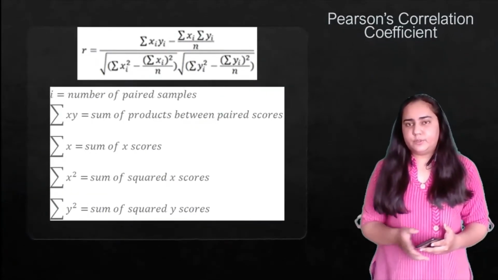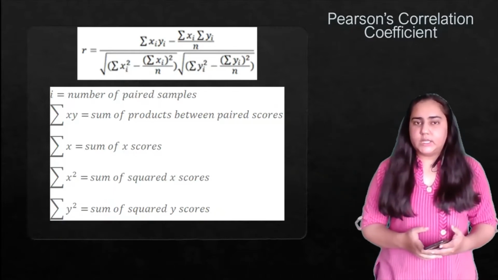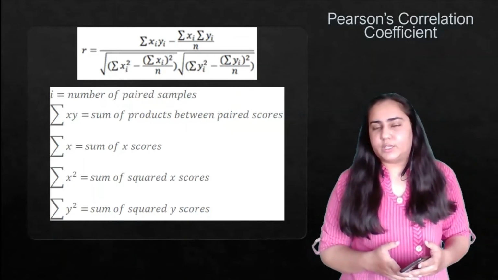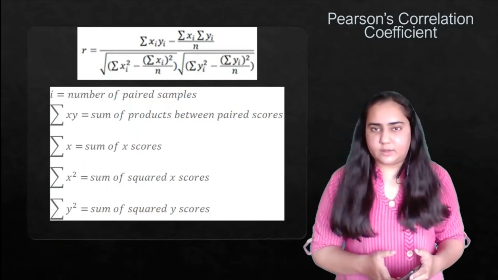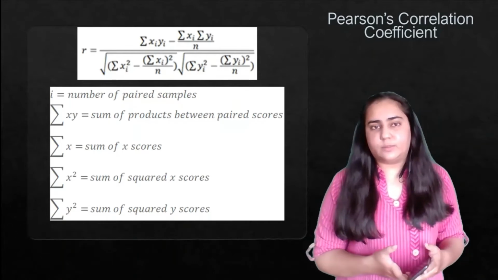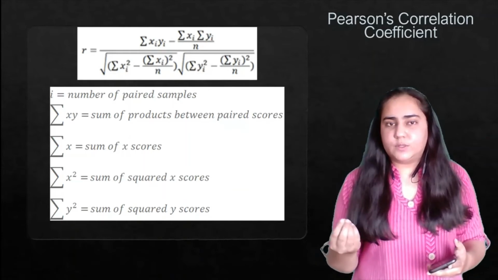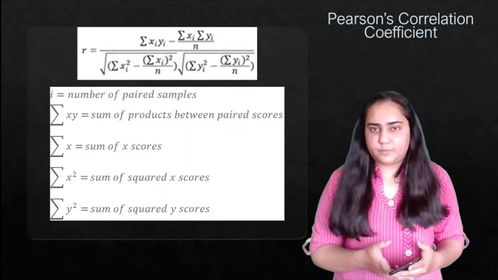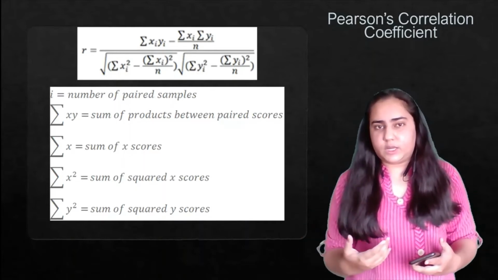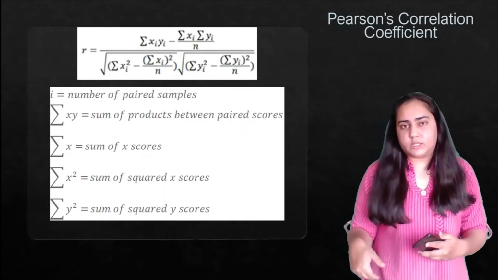And now we come to the formula of R. This is the formula right here, and it might seem a little bit foreign and huge, but it's very easy to understand. What we are talking about here, x and y, they are the two variables that we are talking about, and I is equal to the number of paired samples. So I is just equal to 10 in our case. So I will be 1, 2, 3, 4, 5, 6, 7, 8, 9, and 10 in our case